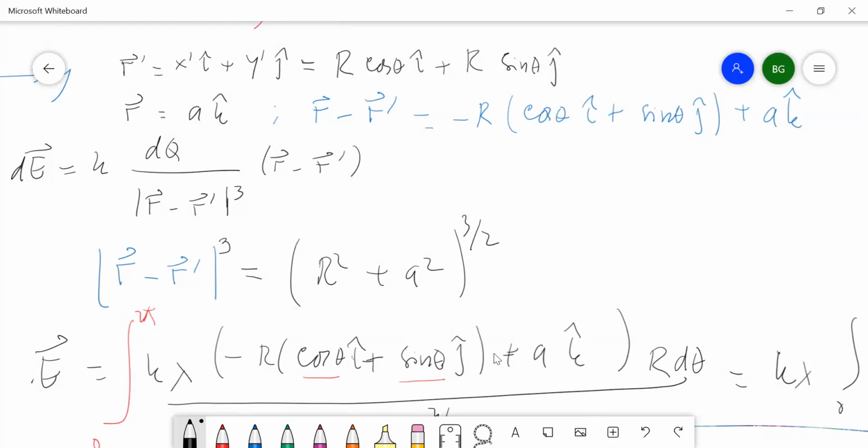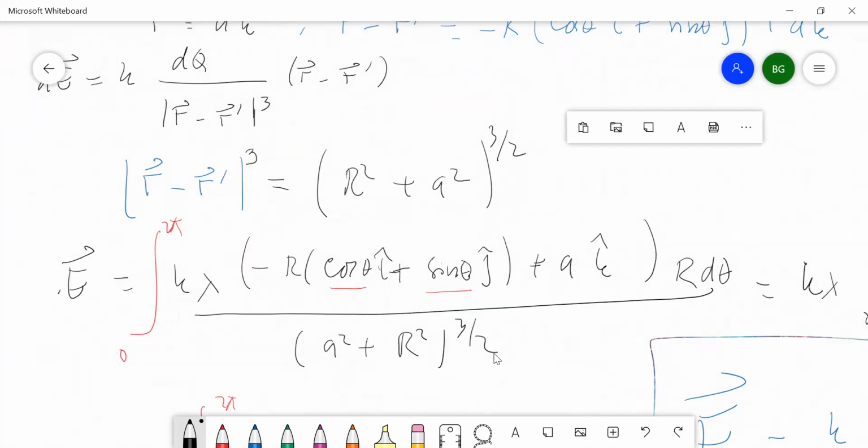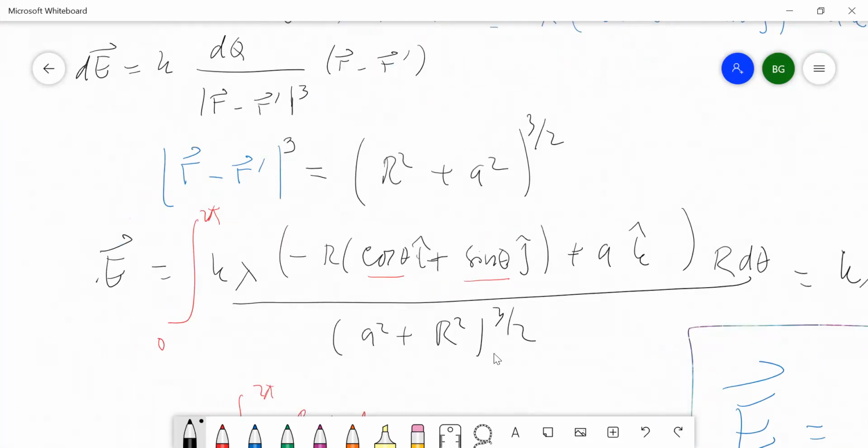Because the order is 3, you just raise it to the power 3, we will get R squared plus A squared to the 3 halves. And the order is 3 halves. So if we integrate this electric field,